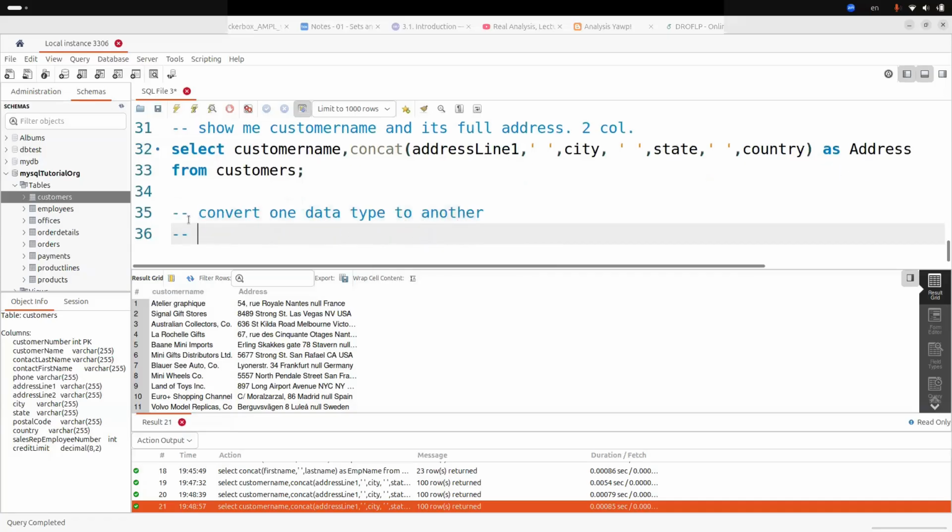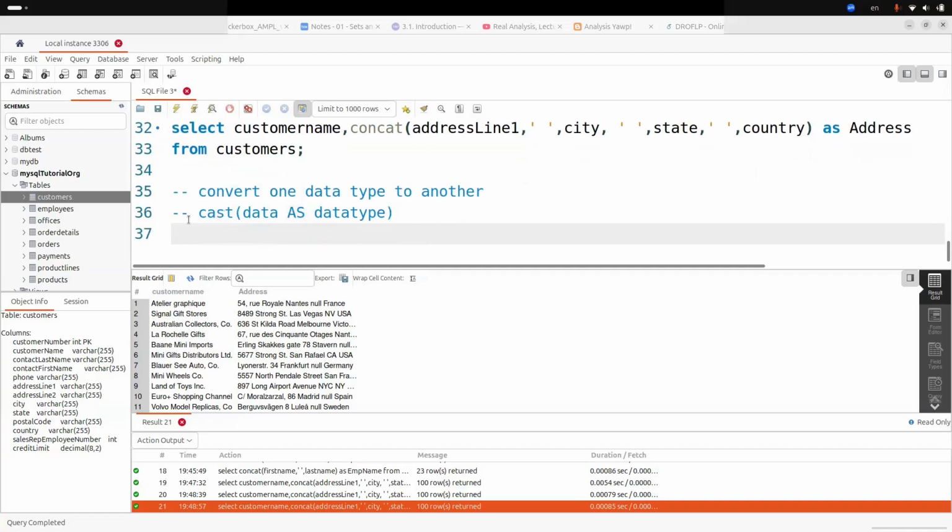So to convert the data type, we use the cast function and the data that we have, right? So this is the data we have. And then we use the keyword as and the data type that we want to convert it to, right? Okay, so for example, I want to